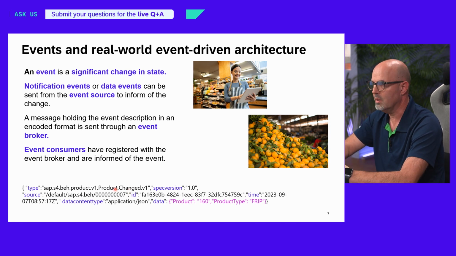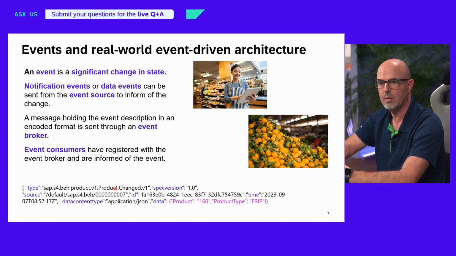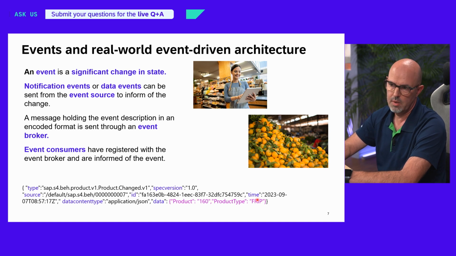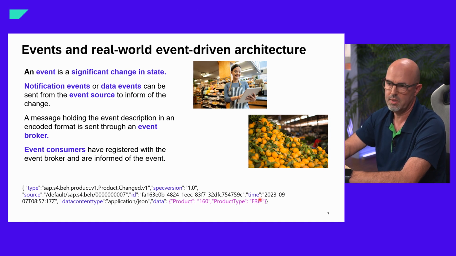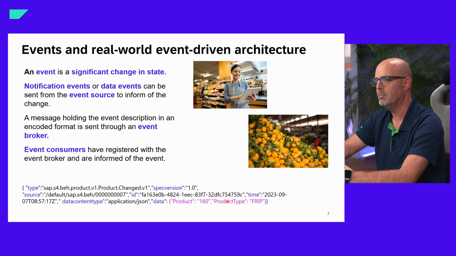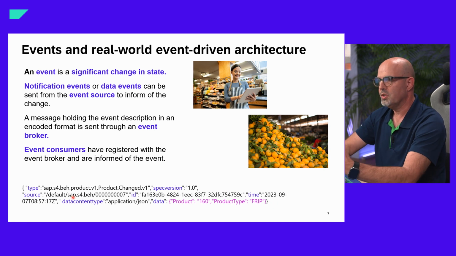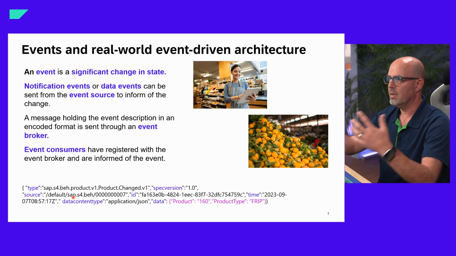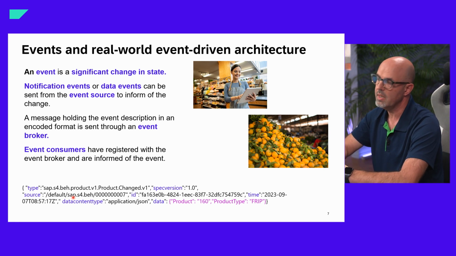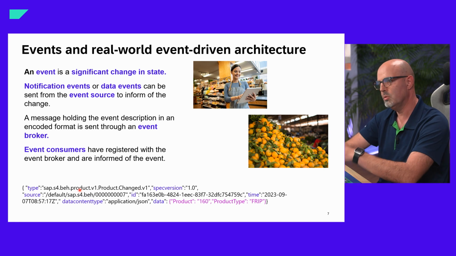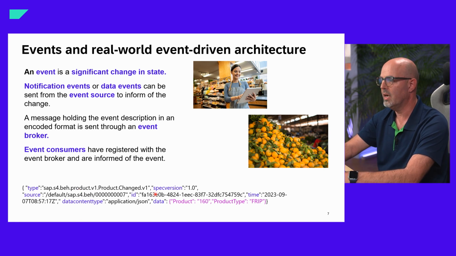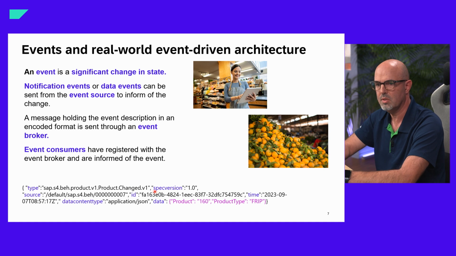So here I put a small example on the product business object and the product event with some selected attributes that, for example, tell you that this is a perishable product and it's of a particular product type, perishable. So once you have such a standard, of course, you can share those events. We can use that in our tools to make it easy to consume events. And you can even use that standard, of course, to integrate other systems, non-SAP systems, to